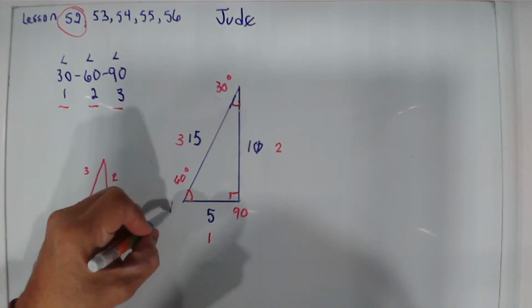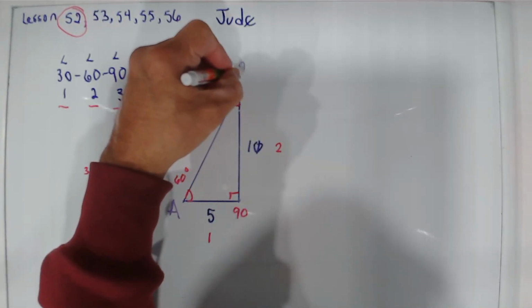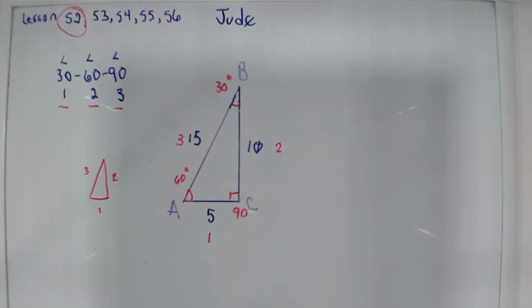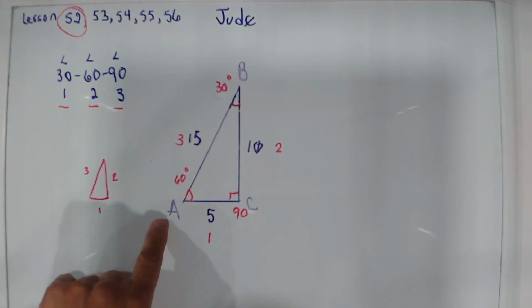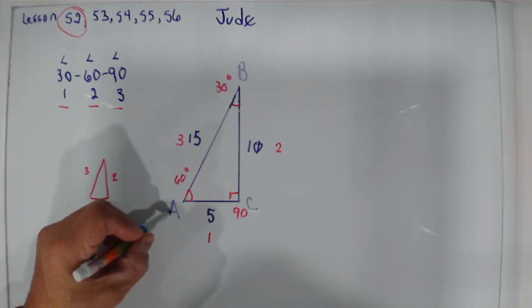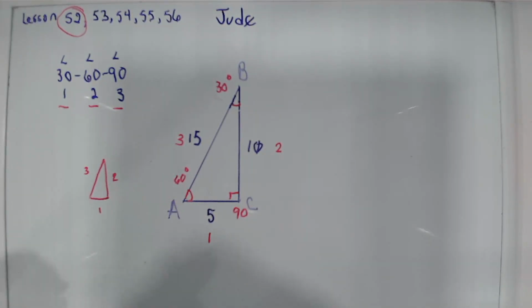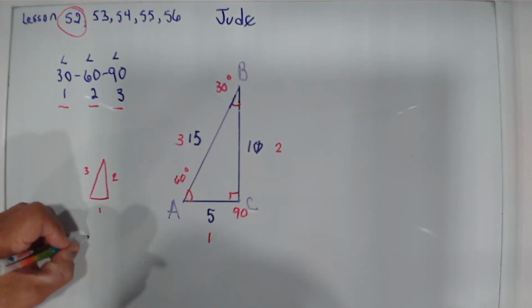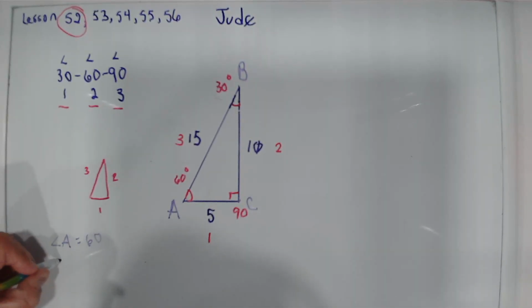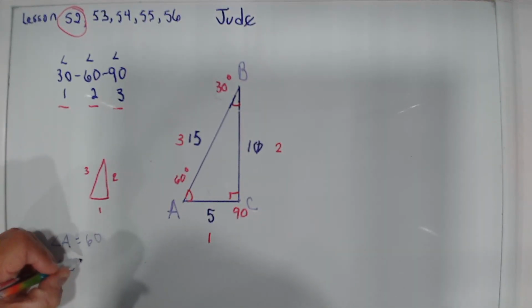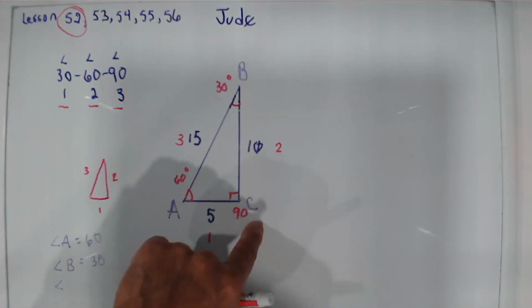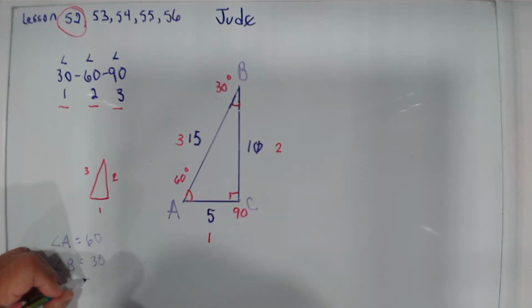Let's call these sides A, B, and C. So if we're looking at the angle here at A, I guess that angle A would be equal to 60. We'll call the angle B equal to 30, and we call this angle C equal to 90